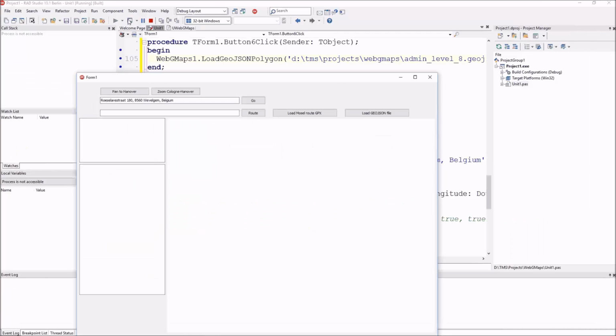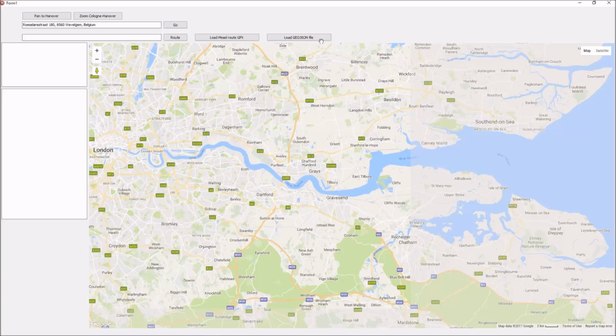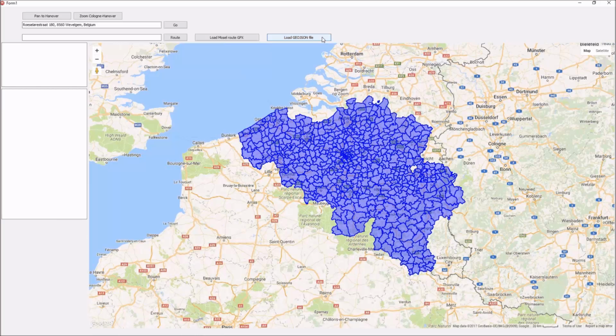I finally come into the smaller areas in Belgium, the smaller administrative areas in Belgium. And here we can now see the country divided up in numerous small areas. And here, for example, we can see the area of Bruges, the area of Ghent, the area of Antwerp, etc. All this information was stored in this standard GeoJSON file format, and you can find numerous places